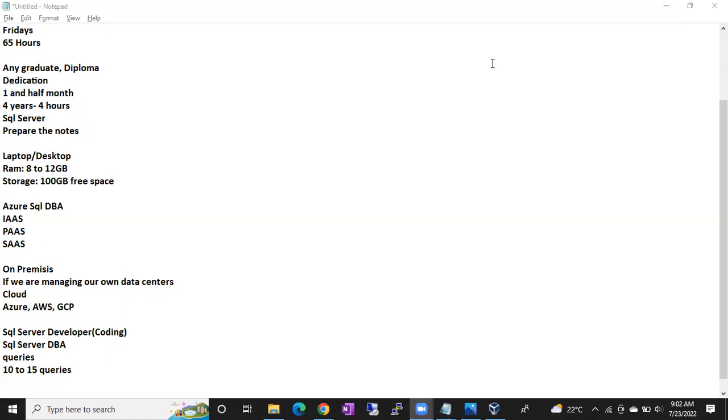6 years also you can manage, no issues. With our training you can manage 6 years also, you can clear 6 years interviews also, but you have to put in some extra effort. You have to write down all the interview questions in each interview, and prepare the questions you are missing, the ones you are not able to answer. You have to prepare a questionnaire and prepare it for the next interview. Definitely you can clear 6 years interviews also.